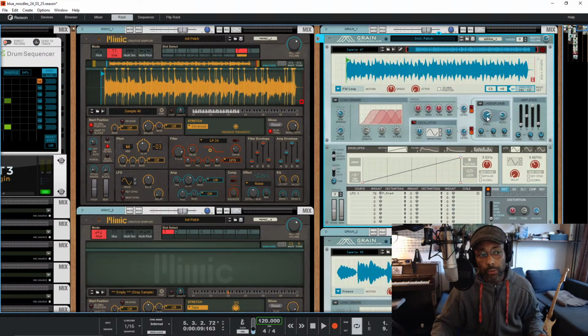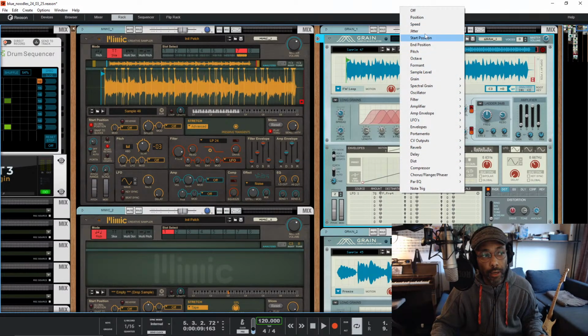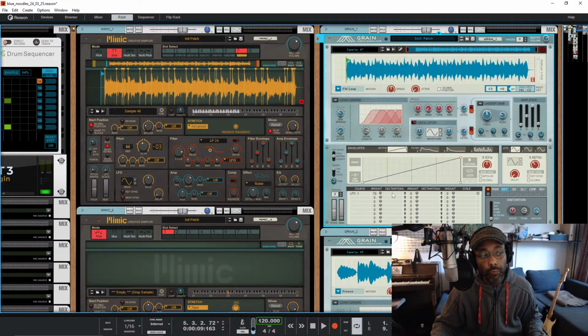But I don't want it to mess too much with the frequency right now, so we are going to take this frequency out of here. And what I actually would want this LFO to be modulating, but not as aggressive, we are going to switch now from forward loop to my favorite playback mode.